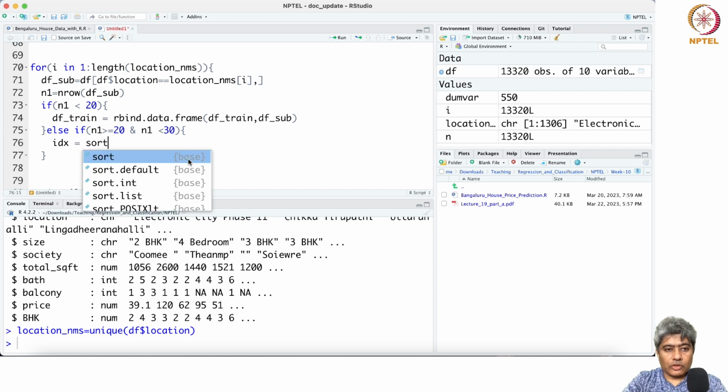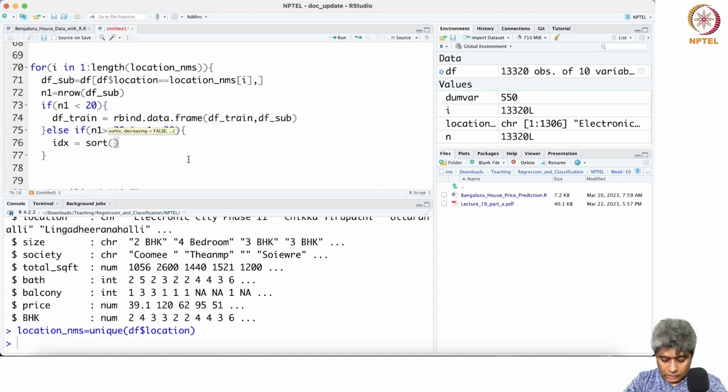So a minimum of 20 samples you need. So sample 1 to n1. So if there are 28 instances, you randomly draw 20 of them,